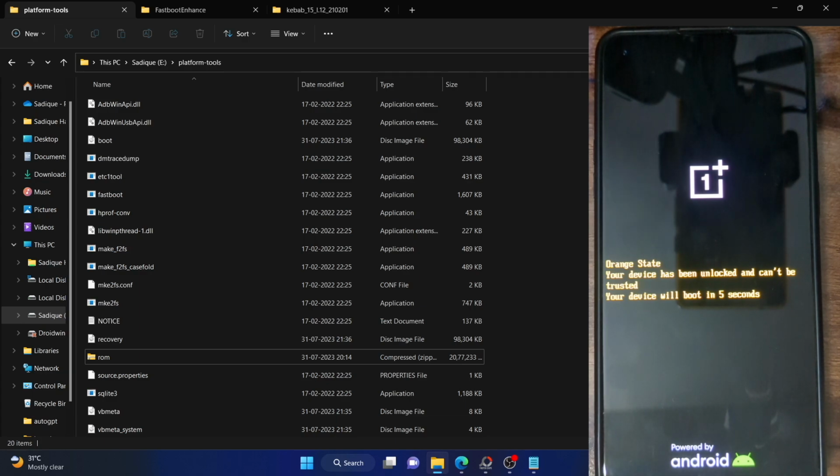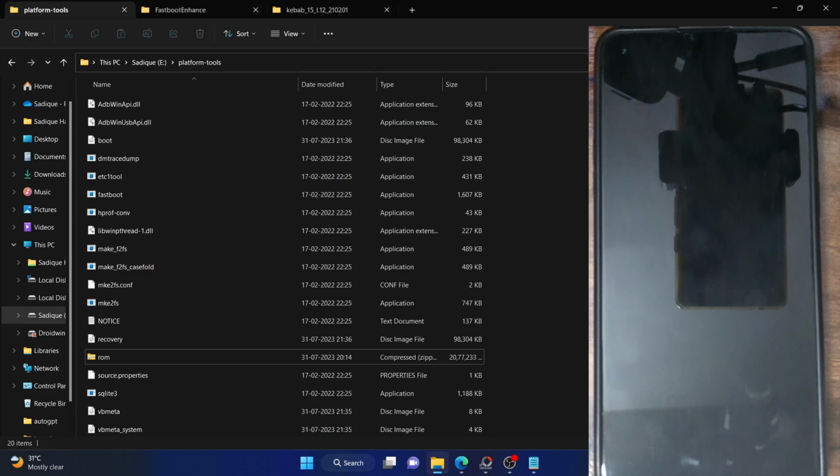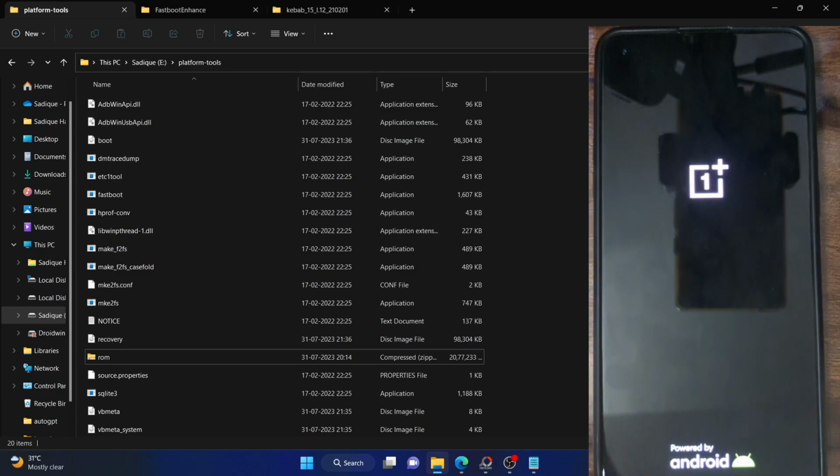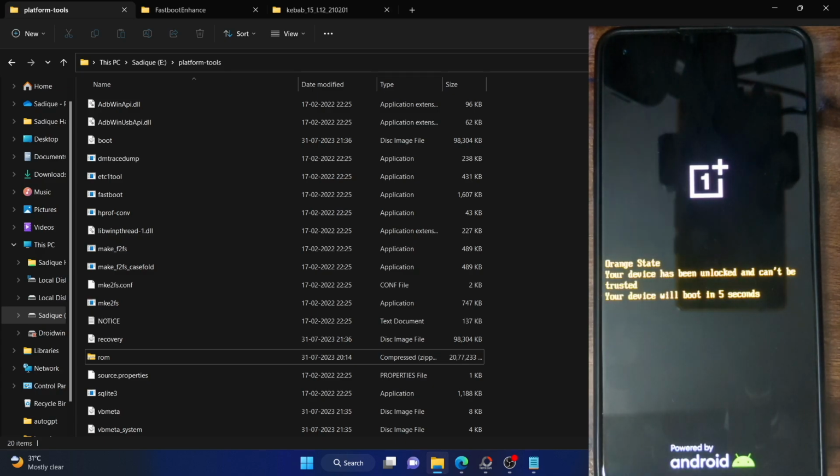So as of now, my phone is currently stuck in a boot loop state. As you could see from my phone, it will just show the OnePlus logo. I will get a warning that the bootloader has been unlocked, but my phone will be stuck in this loop and it will not go out of this loop. It will just undergo a loop after loop and only the same process will carry on. So in this video, we'll show you how to fix this issue.